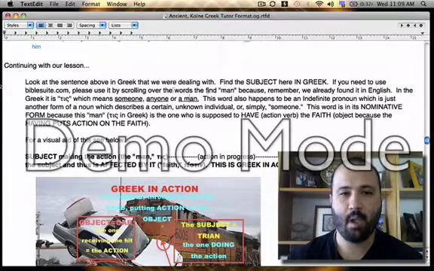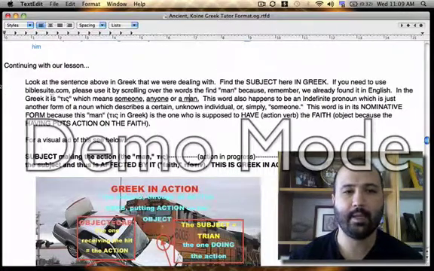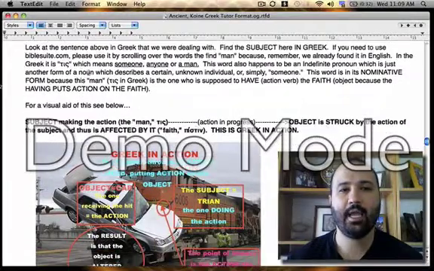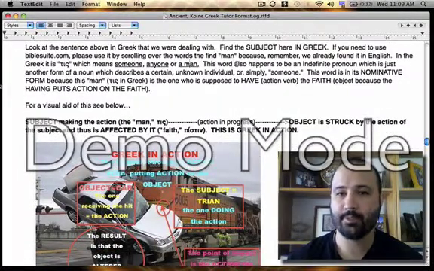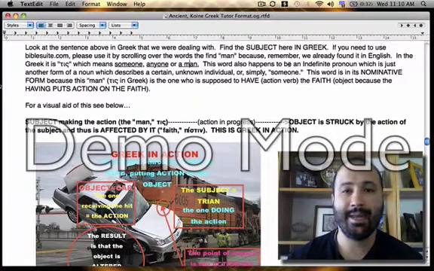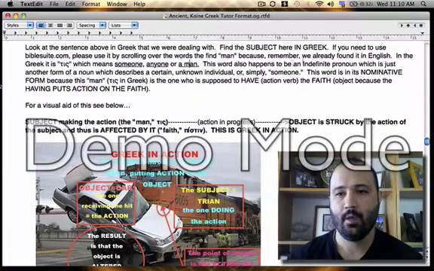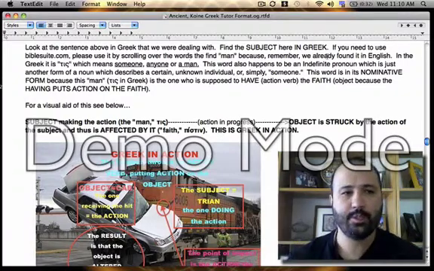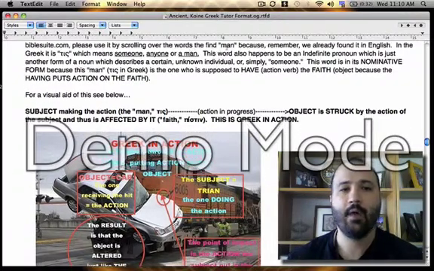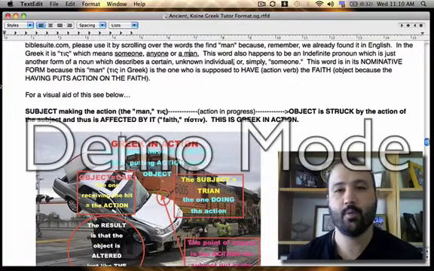Find the subject here in Greek. So, find the word man, because remember, we already found it in English. All right, we already found the English, so we found it in Greek. It's tis, which again means someone, anyone, or a man. This word also happens to be an indefinite pronoun. Okay, so we're getting more grammar specific here. It's an indefinite pronoun, which is just another form of a noun which describes a certain unknown individual or simply just